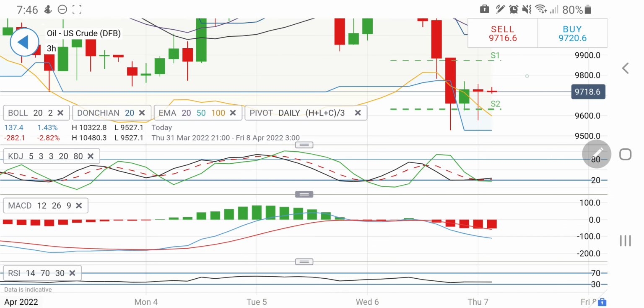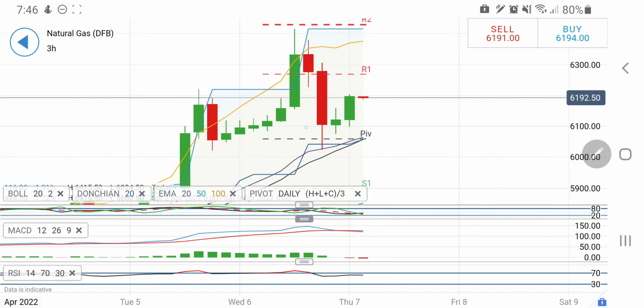Now let's have a look at NG, natural gas. See, NG has seen $6.4 levels, and if you recall my weekly analysis, in fact I was shouting there that it may try to hit the 6.4, 6.5 zone. I have given a strong shout out there. After this rise, it has given a strong break.